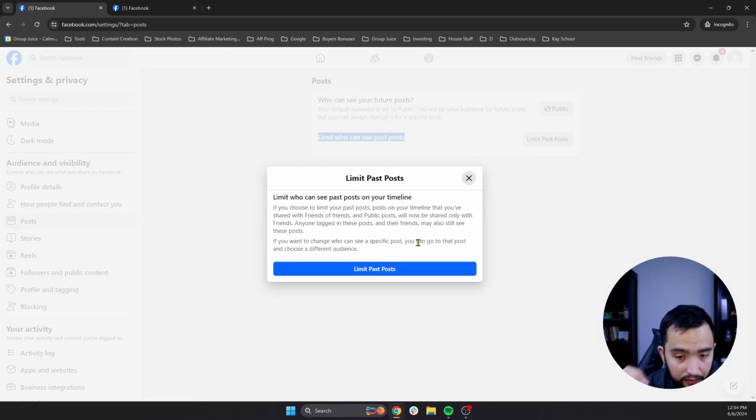Now, the problem with this is it will literally hide the content, right? So you will be able to see it. Nobody else will see it. So I want to warn you, if you've already been creating content publicly, do not turn this feature on unless you are okay with losing out on your previous content